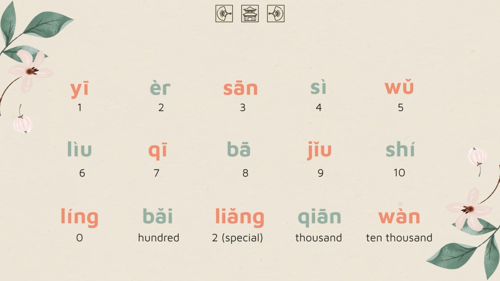9,036. So it's 9,036. Did you get it right? Next one is 20,147. It's 20,147. Did you get it right? Next one,